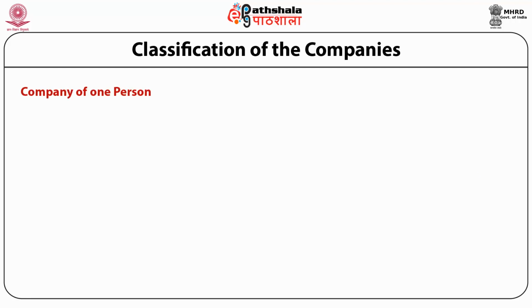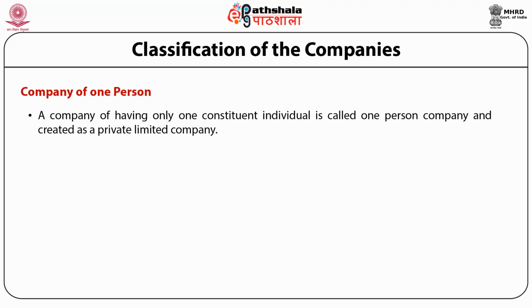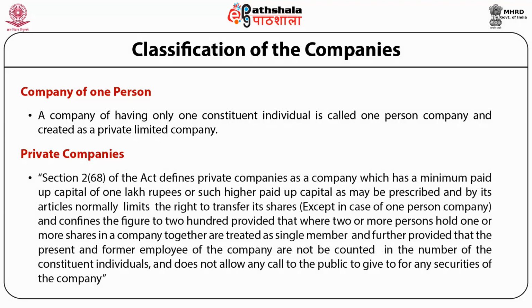Now, what is company of one person? A company of having only one constituent individual is called one-person company and created as a private limited company. What are private companies? Section 2, Part 68 of the Act defines private companies as a company which has minimum paid up capital of 1 lakh rupee or such higher paid up capital as may be prescribed, and by its